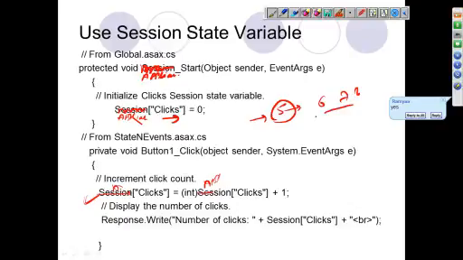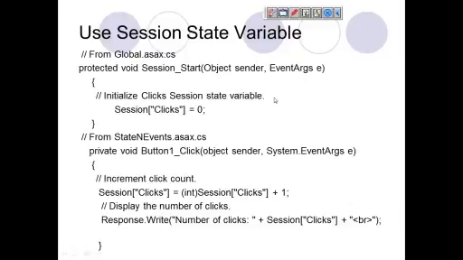It will not start again from 1, because it is maintained as application. And if you use session in another browser instance, you will see it is starting from 1, 2, 3. You can just try it at home. So this is the difference, or the usage, basically, of application and session variables.